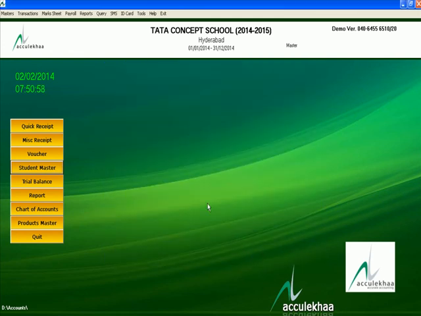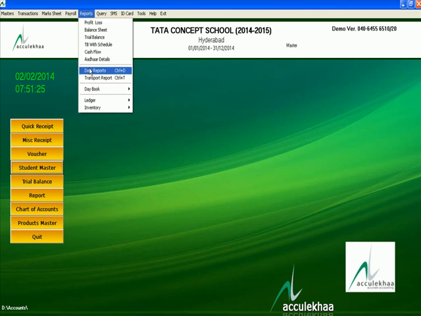And suppose you need a list of students according to admission number, then you have to go to the report, daily report.